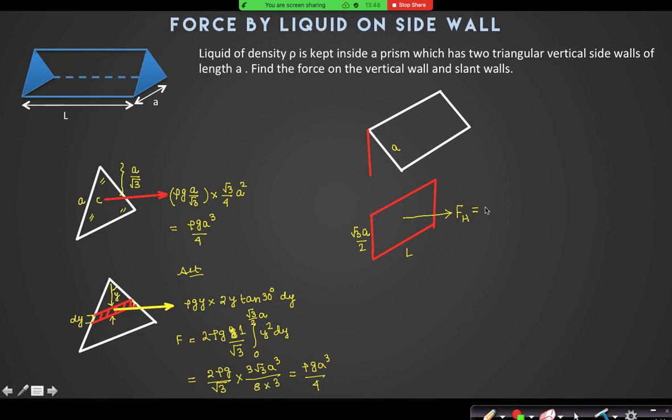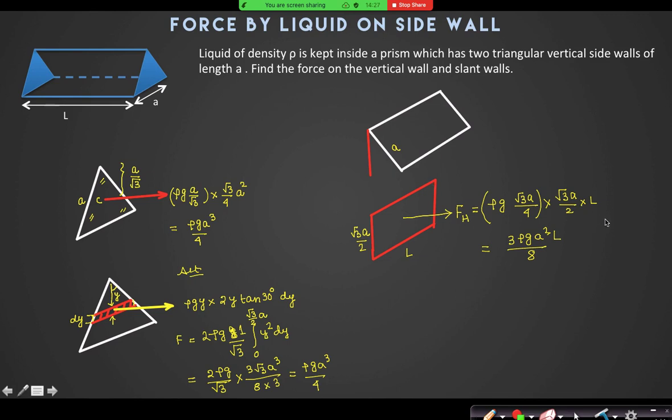So the force on this will be the pressure at this center, which is rho g into root 3a by 4, into area, which is root 3a by 2 into L. Yes or no? So from there you will find that divided by 8 and a square, rho g a square L, 3 rho g a square L by 8. Yes or no? Now, if I say that the horizontal component of F is this one,